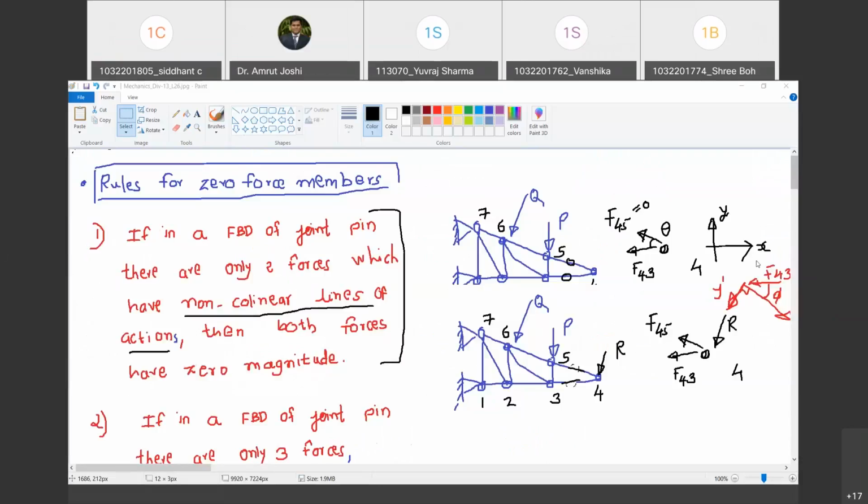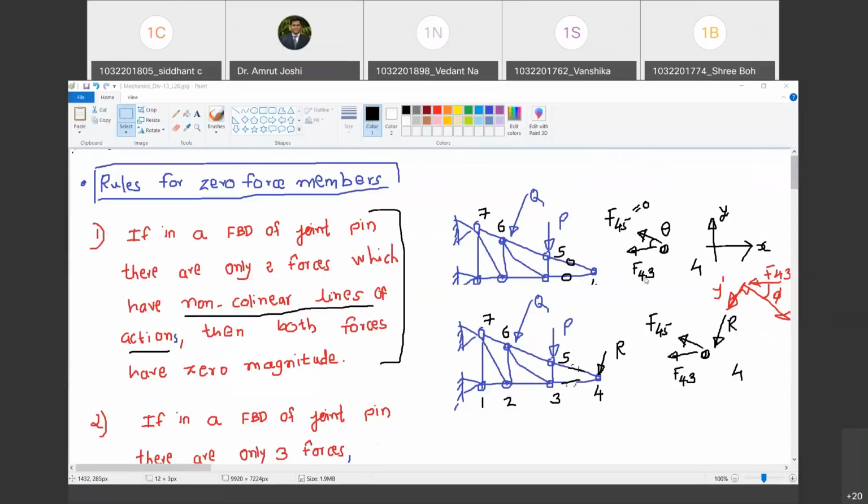We have understood two methods of analysis of truss. One is method of joints and another is method of sections. Are you with me, Vedant? Yes, sir. Today we are going to identify the rules of identifying zero force members and equal force members